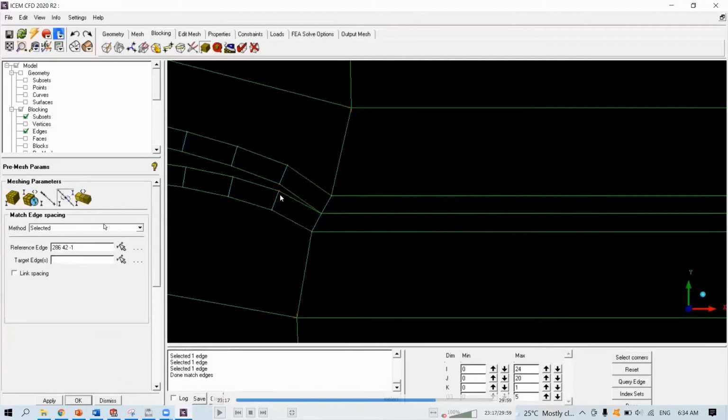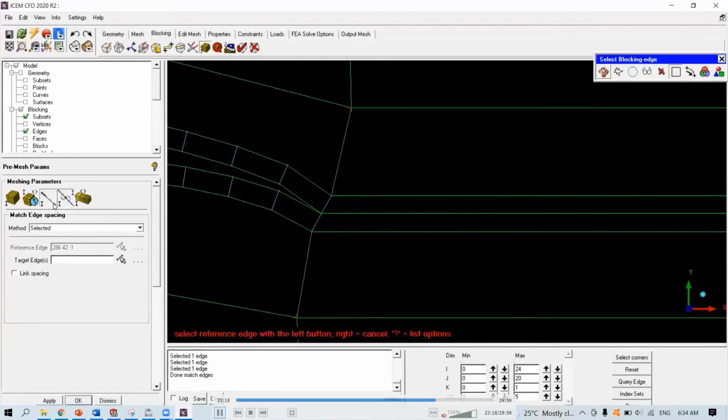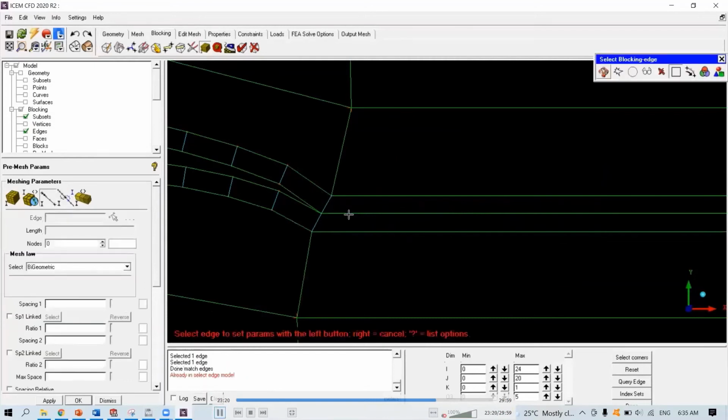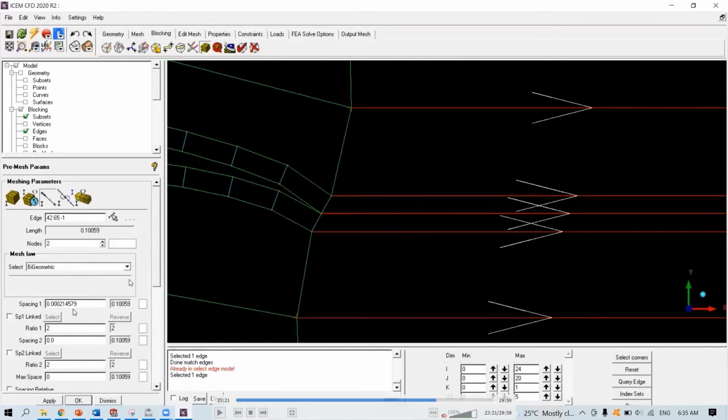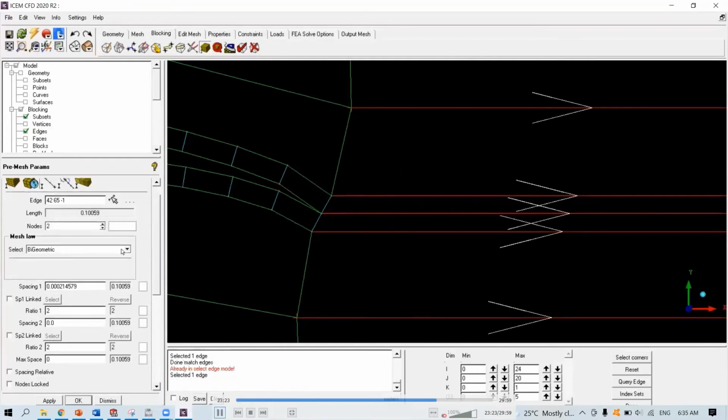Okay, and then match the edge from the trailing edge to the wake region here, and then select it, and then use geometric 1. See, the spacing is being preset.